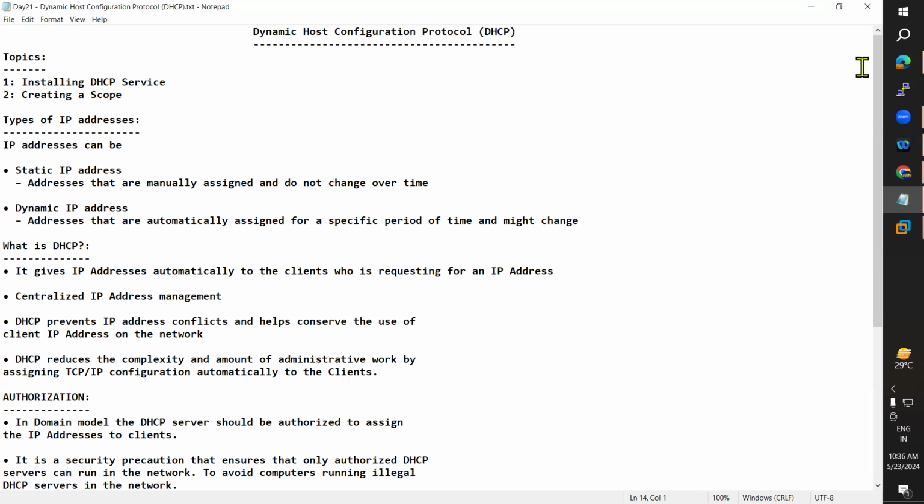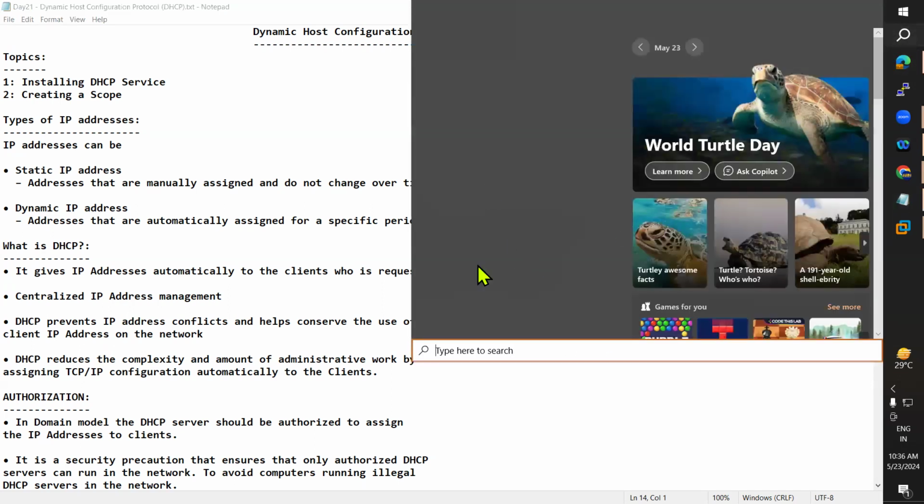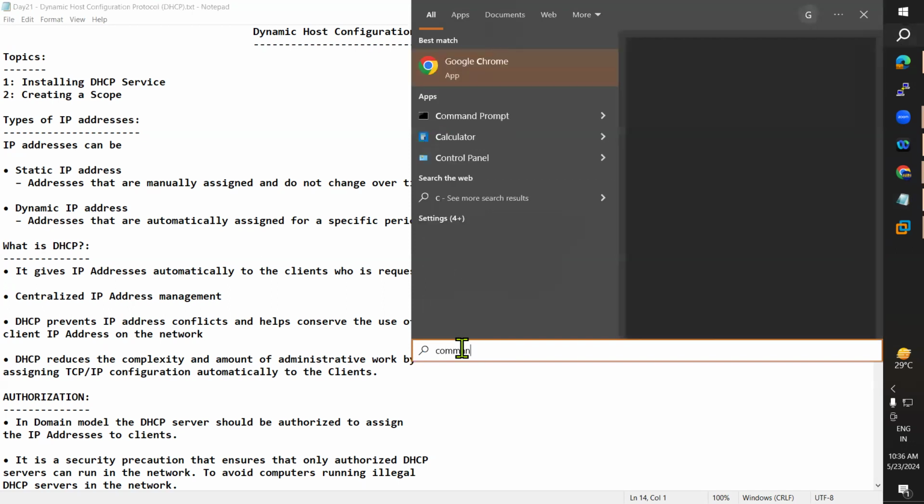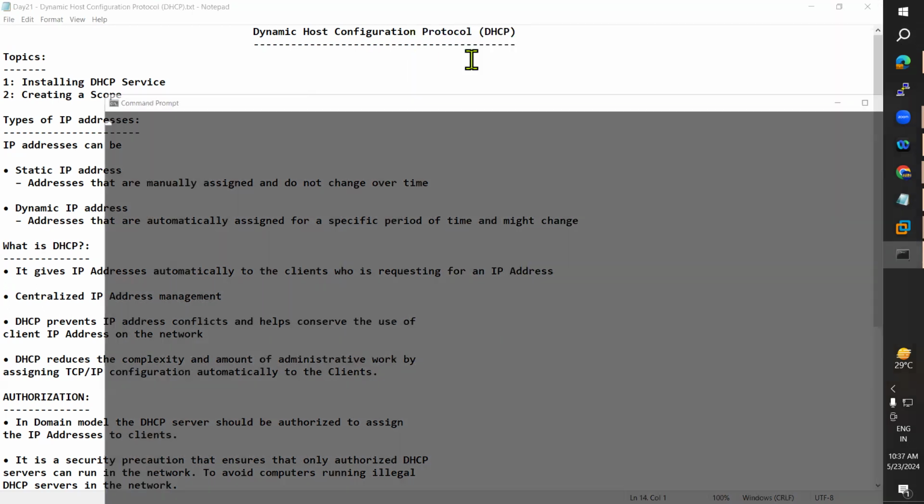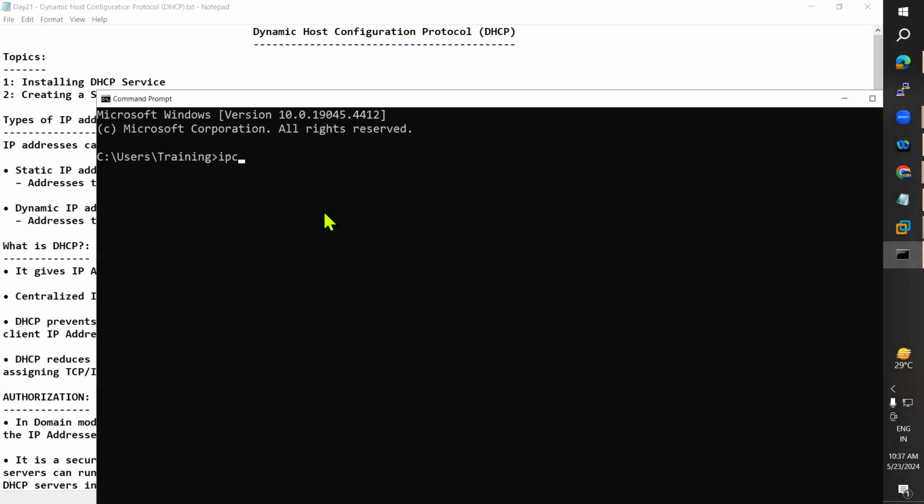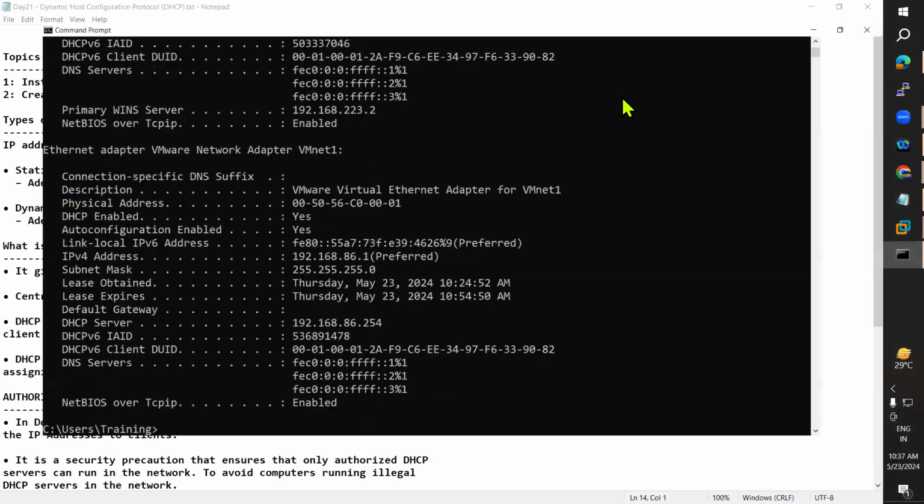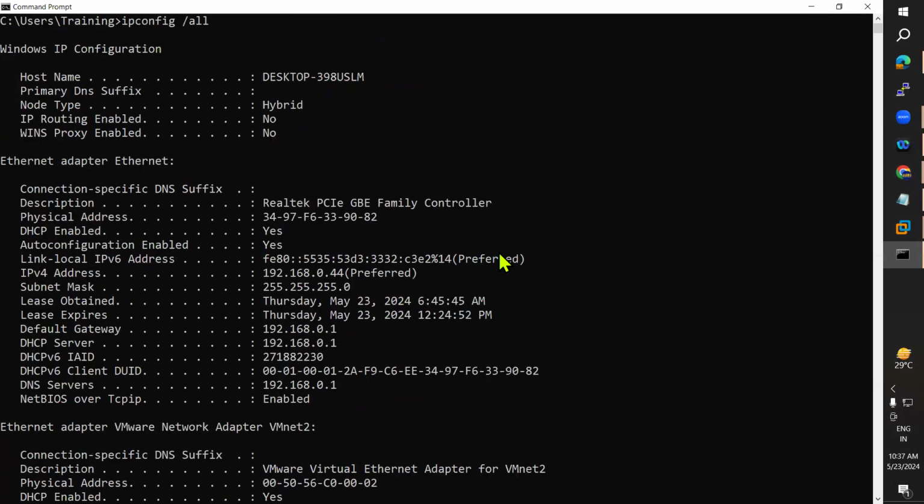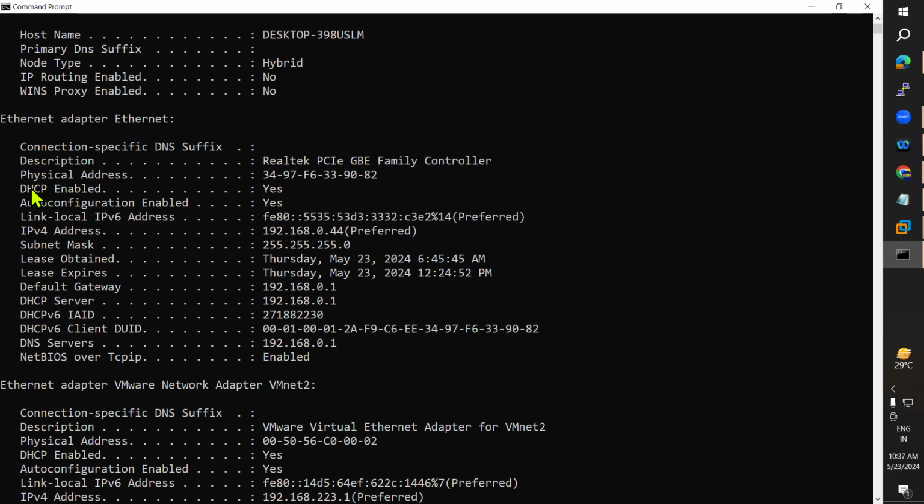Okay, so there are ways to identify whether our system has a static IP address or a dynamic IP address. Okay, so I will show you here. Go to command prompt, type ipconfig/all. See, if the DHCP is enabled,